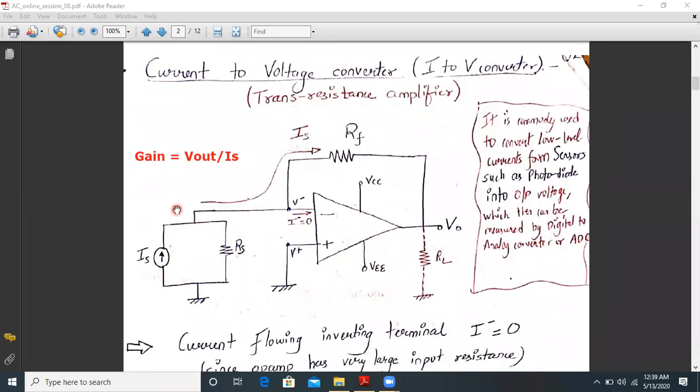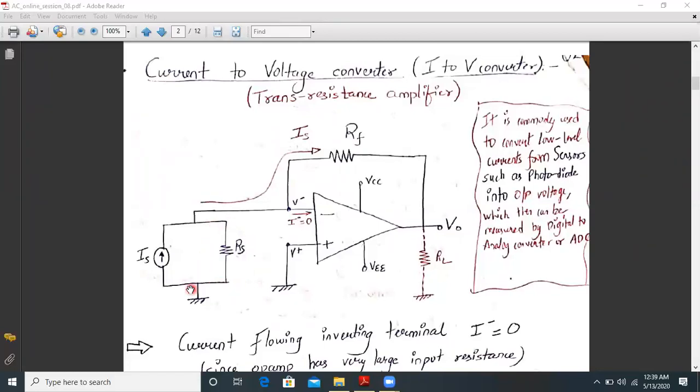Hence this circuit is also called a trans-resistance amplifier. Now let us look at the circuitry. Basically you have a current source. Now this is not an ideal current source, it's a practical current source. How do you define a practical current source? You have a current source in parallel with its finite impedance, which is a very high impedance, mind you. So Rs is actually a very high value.